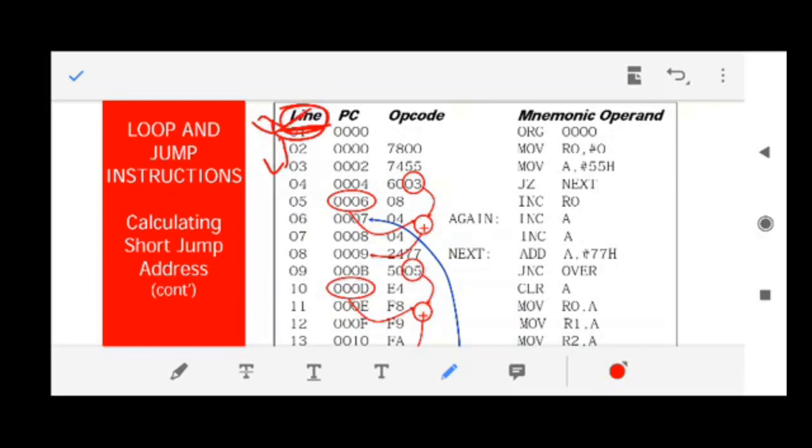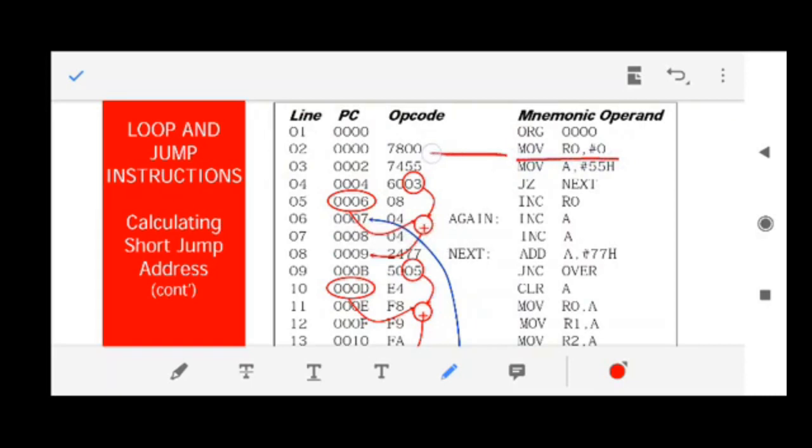For example, the instruction MOV R0, #0 is converted to this opcode. You understand this, but the machine doesn't understand this. To make the machine understand, the assembler, which is a program, has converted this mnemonic into opcode.